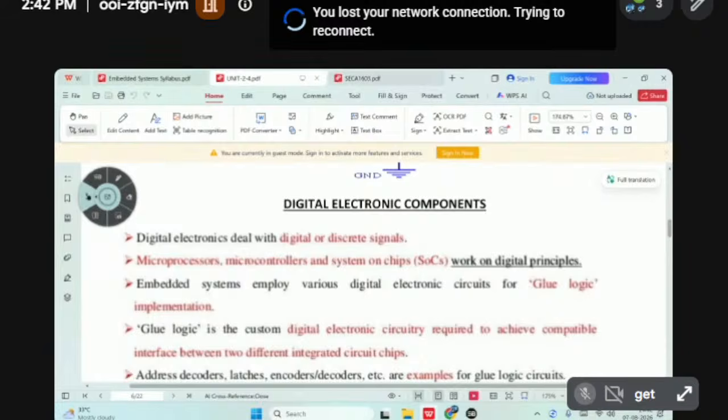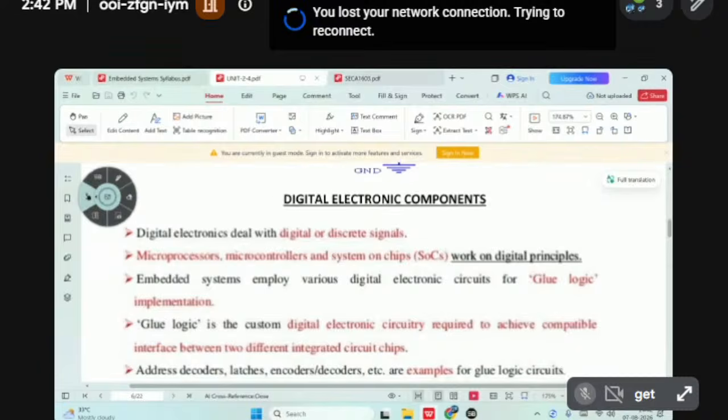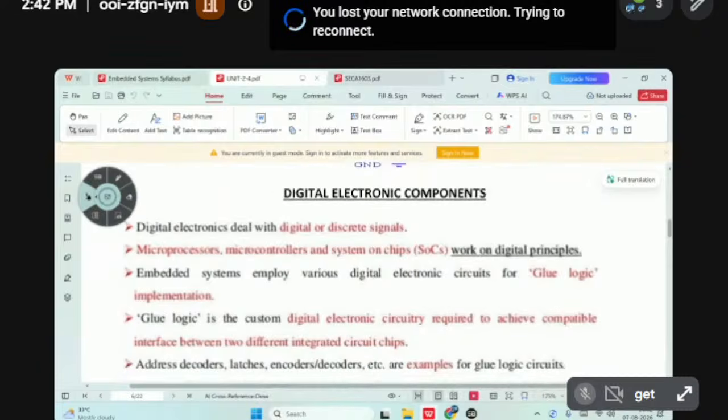Embedded systems employ various digital electronic circuits for glue logic implementation. We are going to generate the different types of signals with the help of ICs, integrated electronic circuits. To build the IC, integrated circuit, I may need the basic element. It may be a flip flop. With the help of a number of flip flops, I can build the registers, and by having a number of registers, I can have the